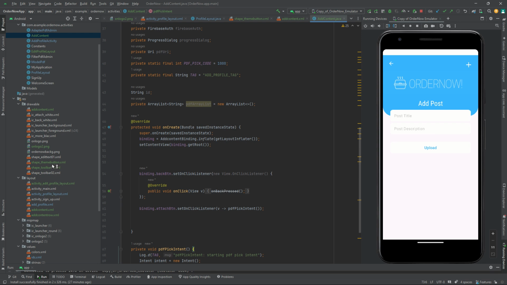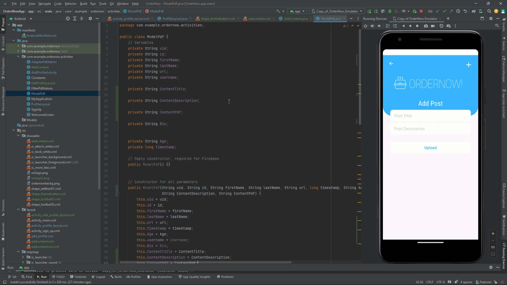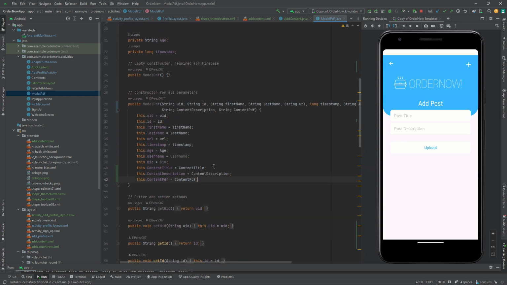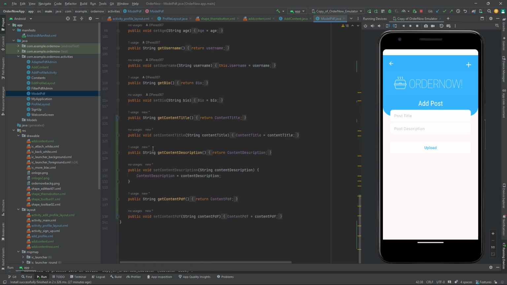If you go here in my model, you can see I added some strings: content title, content description, content PDF, and I added them to the model PDF right here. I created getters and setters for them down here, so it can get the information from this page and save it, and we can set it. And my main issue